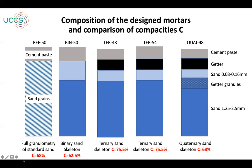As you can see here, the capacity of the reference mortar's sand skeleton is 68%. When we select only the two sand classes, we are decreasing the capacity. When we use MnO2 powder, we significantly increase the capacity, which is not very favorable to have a porous system accessible to gaseous tritium. So with the quaternary sand skeleton, we go back to a capacity which is equivalent to